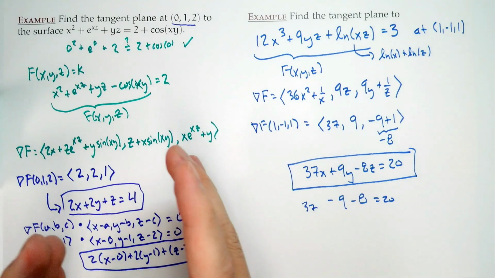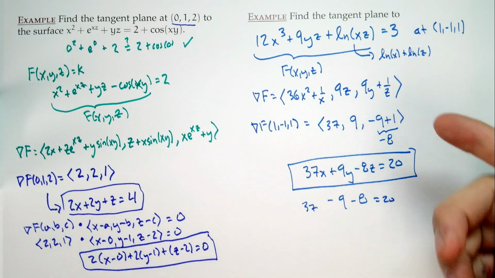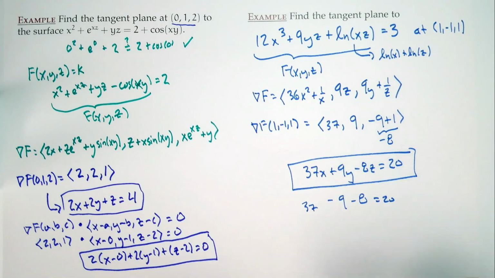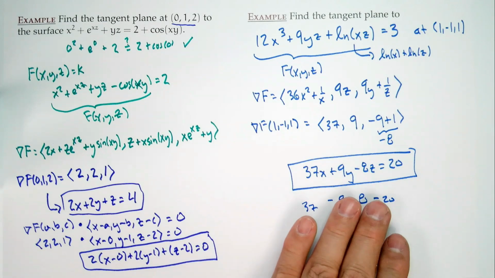Move everything to one side, take the gradient, evaluate the gradient, there's your normal, and now set up your plane. So it's a very quick process. So once you remember the process, well, you're good to go. All right. So now on to the other topic for today,